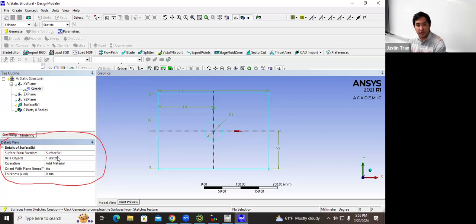And so that should specify the base object to be one sketch from your drawing here. Okay. And then after you do that, what we want to do is add materials. Basically, we want to add a thickness to the sketch. Okay. And the last thing we're going to do before we generate this is specify a thickness